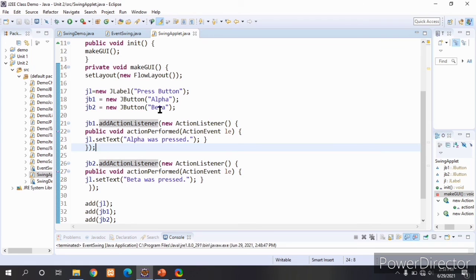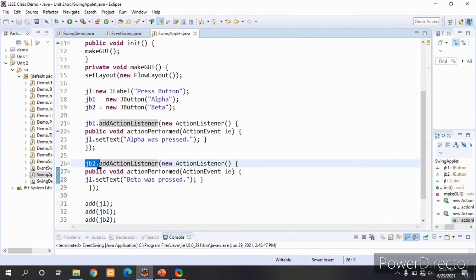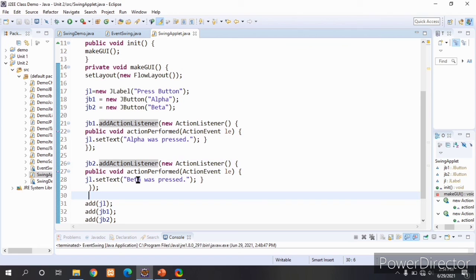Similarly, I am registering the beta button object. When I click on the beta button, the call comes to this actionPerformed method, and the label text is set to "beta was pressed."